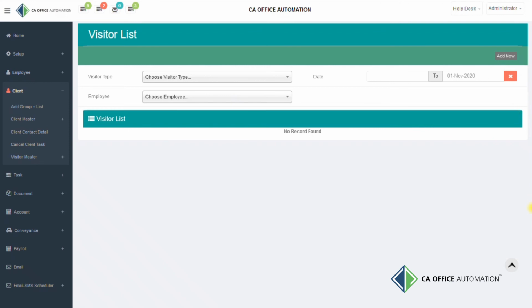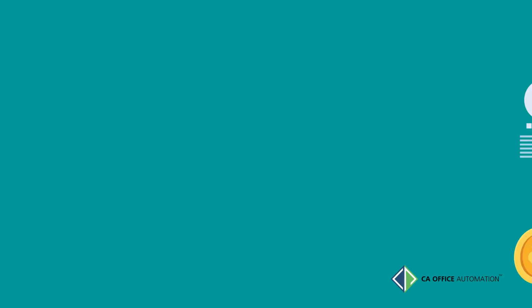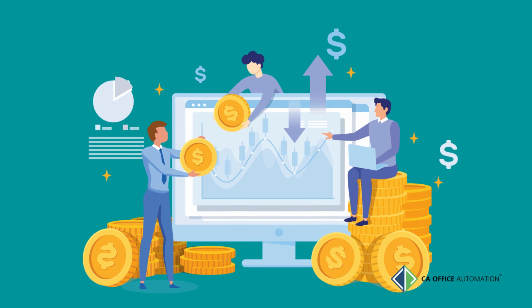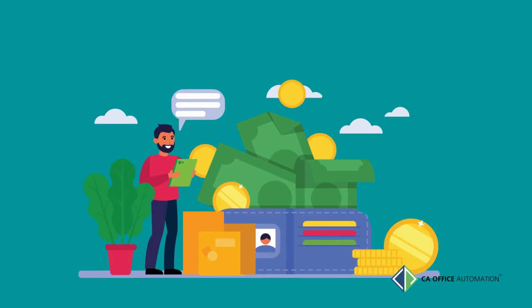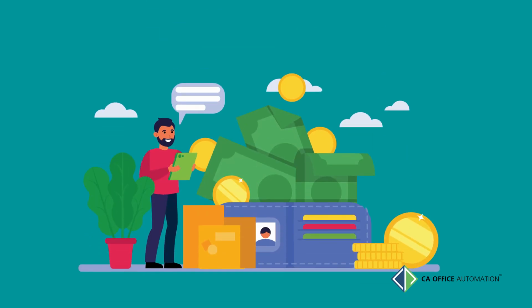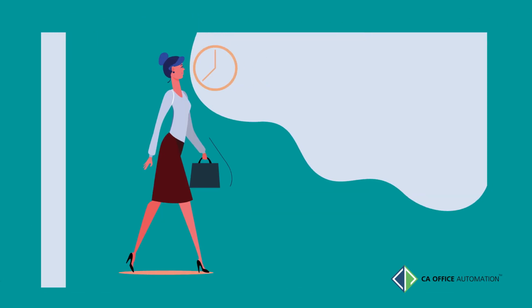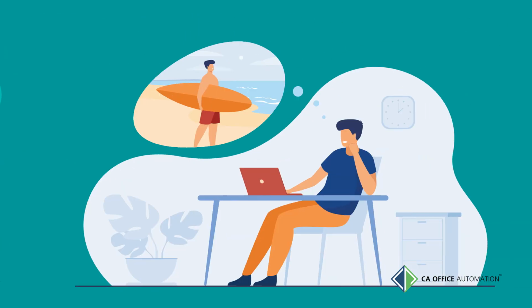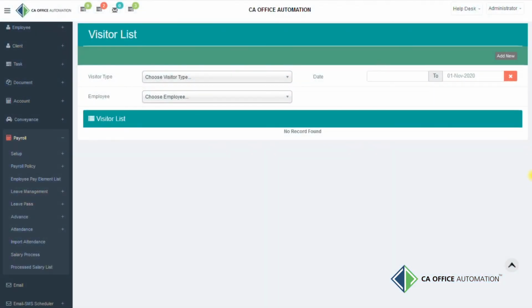Now, the next module is the Payroll Management module. Here, you can manage the complete cycle of salary of your employees, and mostly you need to create the one-time policy as per your HR guidelines. By just one click, this module will help you get the salary details of each employee taking into account his or her leave, overtime, late coming, early going, advance, leave pass, PT, and many other such important rules.